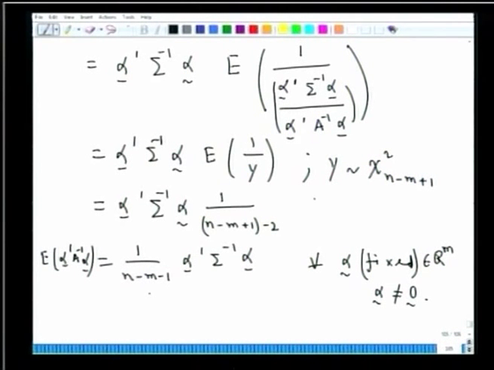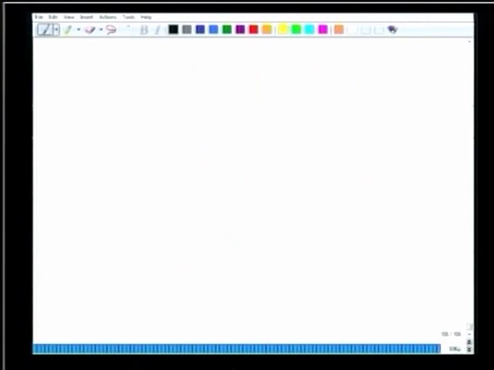Now if we take some special choices of this alpha vector, we will have the desired result. Take this alpha vector to be 0 at all the positions except the ith position. So if we take this as 1 and at all other locations we have 0,